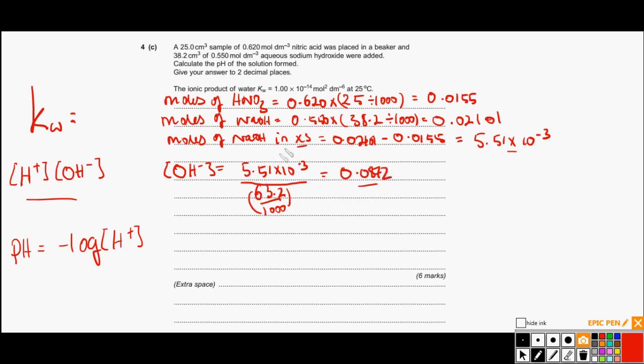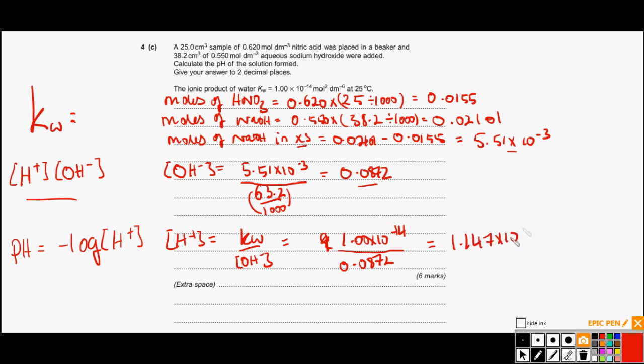And now simply substituting into the equation, so Kw is equal to our hydrogen ion concentration multiplied by our hydroxide ion concentration. So to get H plus concentration, it is equal to Kw over the hydroxide ion concentration, and then putting the numbers in we get 1.00 times 10 to the minus 14, all divided by 0.0872, and that gives us